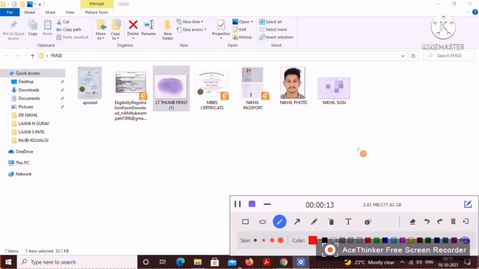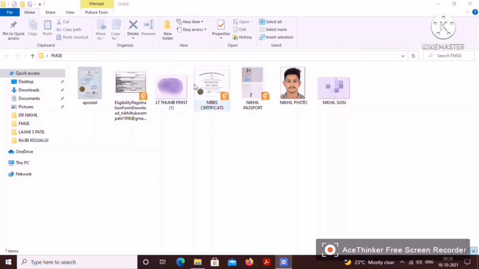And the third one is the passport. Scan the passport front and back side, make a PDF and save it here. For the fourth one, we need the degree certificate and apostille. Apostille, if you got it, that's fine. If you didn't get it, just ask your coordinator. You get the apostille from the country where you studied. Like I studied in the Philippines, so I got it from there. So you ask your coordinator; they will send you the PDF.